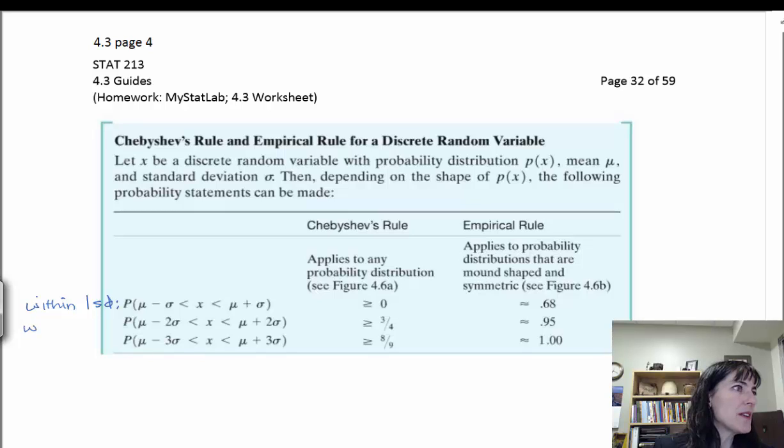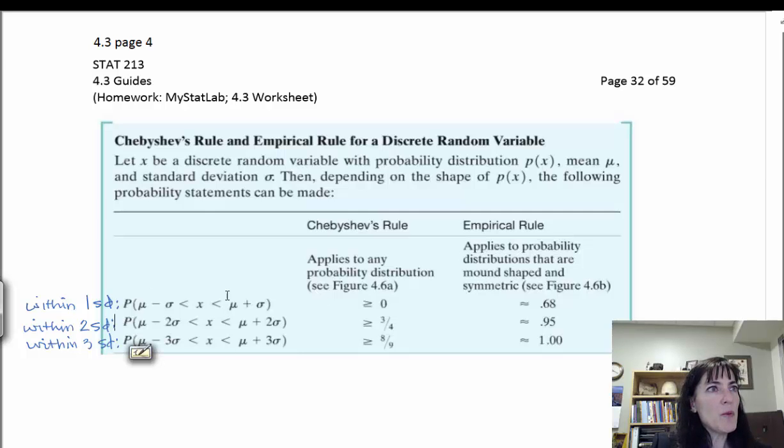This is within 2 standard deviations, and this one is within 3. And so we're saying within 1 standard deviation, it's some number greater than or equal to 0. We don't know if it's an unknown distribution, and it's about 68% if it's following the empirical rule,